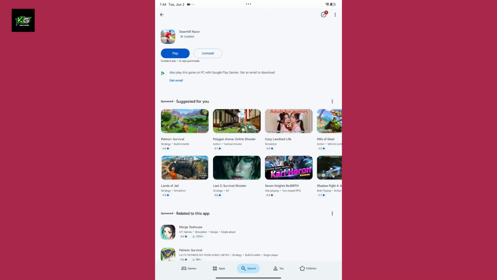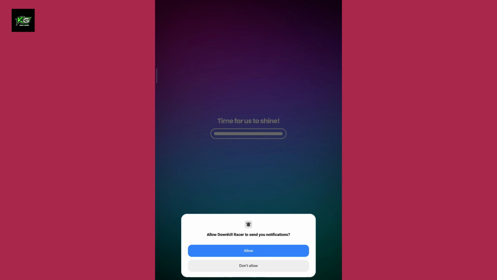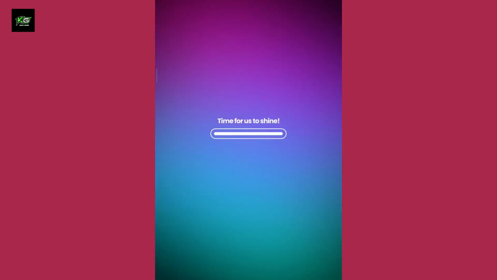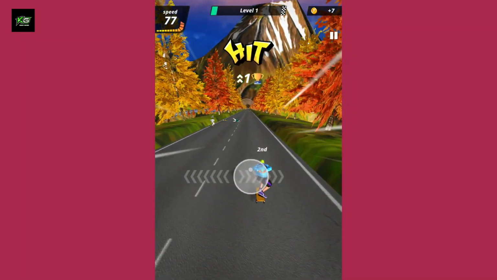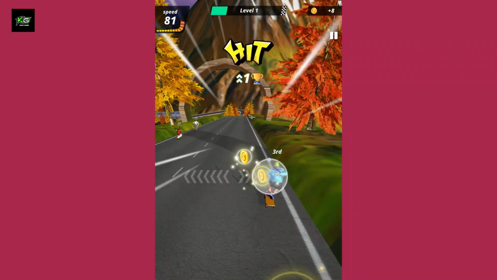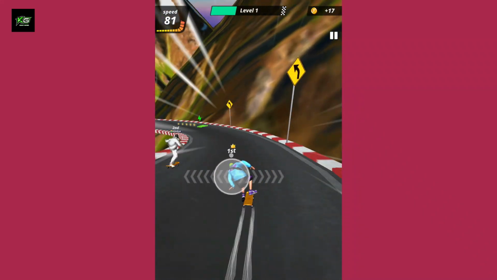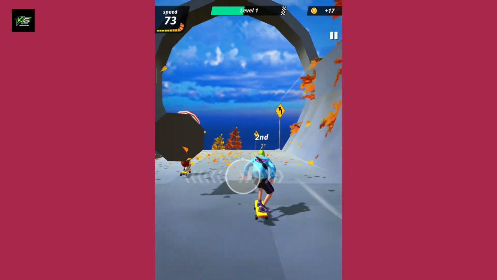Once the app is downloaded and installed, tap on play. And that's it. You've successfully downloaded Downhill Racer on your Android device or your iOS device. Go ahead and follow through the on-screen instructions and play the tutorial, and you'll be able to complete the tutorial mode. And that's it. You have successfully downloaded the Downhill Racer game on your Android or iOS in just a